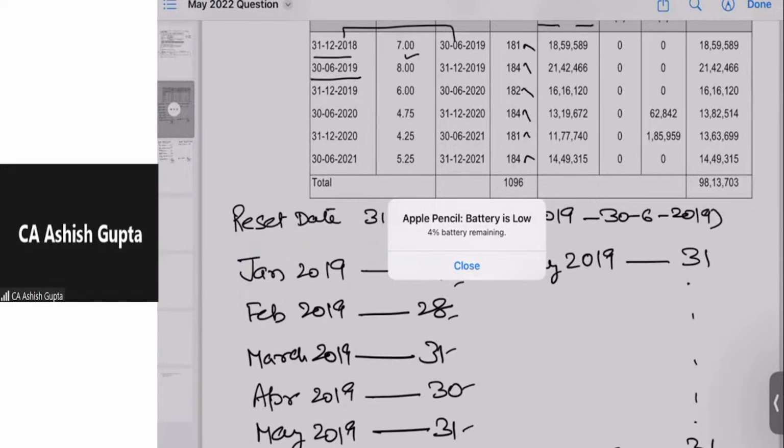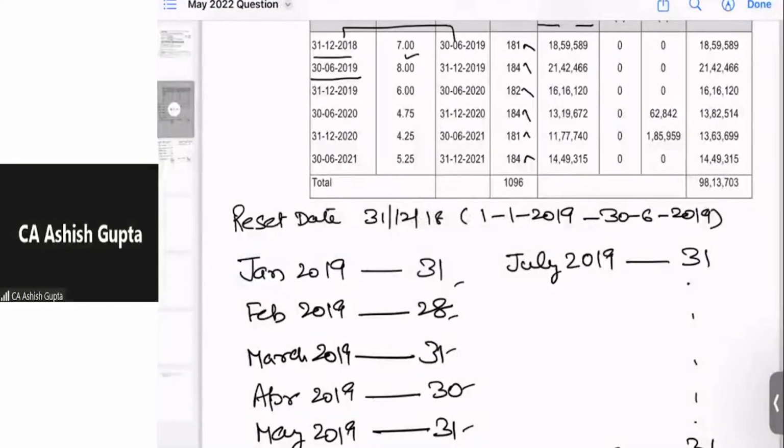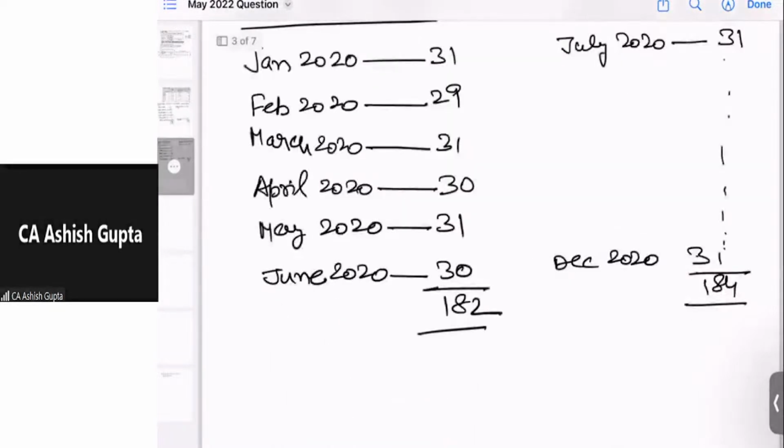It is very important that you follow what is given. It is a kind of benchmark rate. Instead of that, it can be MIBOR. You just assume it as MIBOR and answer, but don't use the word MIBOR. My request to you: whatever facts are given to you in the question, please follow the same. Even if LIBOR has been given, continue to answer. Now I am coming to the calculation of the interest part.